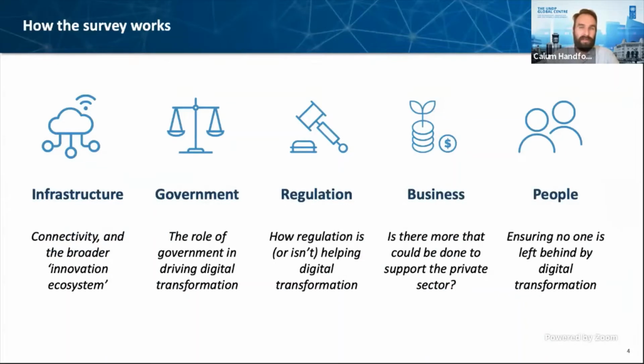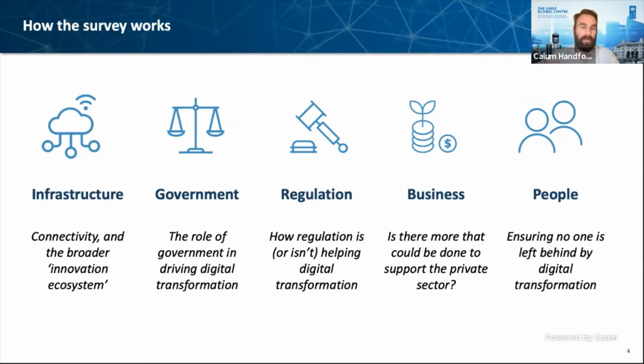During the course of the Digital Readiness Assessment, we run through a number of questions around the 5 core pillars that we have on the screen here. For example, in infrastructure, we look at what does and doesn't work in the context of digital infrastructure. So where can people access Wi-Fi? What does mobile data look like? Can people afford connectivity? How are people getting digital skills in the society?